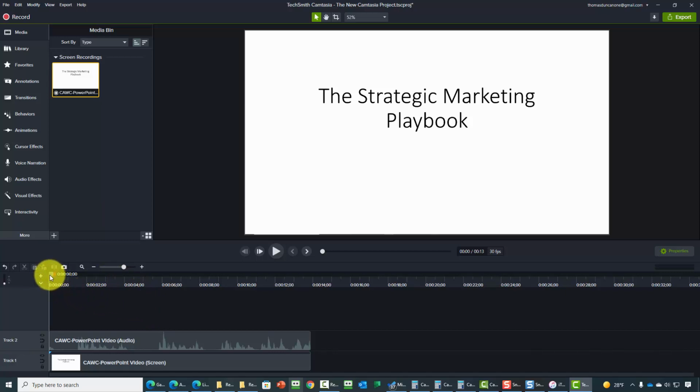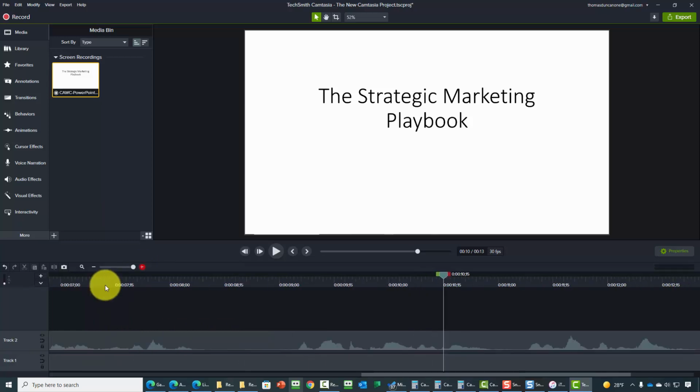We can grab the cursor, we can manually move the timeline, and we can see different points in the video. If we need to lengthen the timeline, we can do that. Now the timing itself hasn't changed, but our view of the file has changed and what we can do during